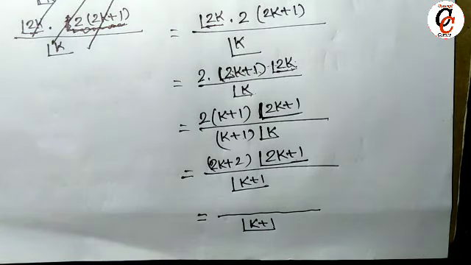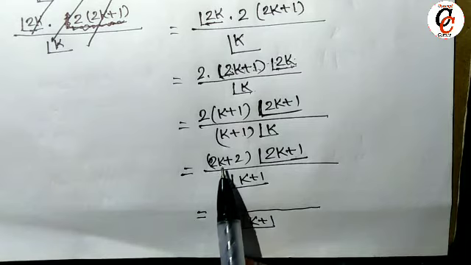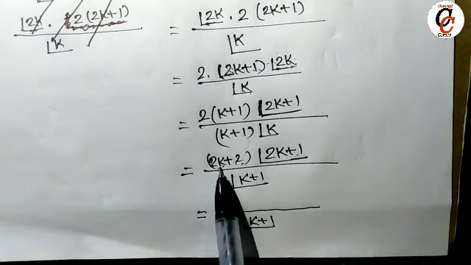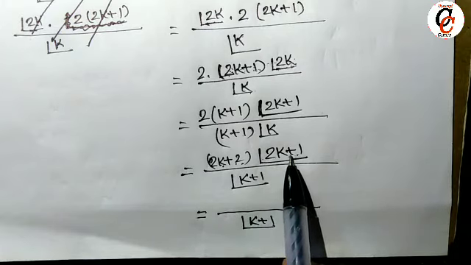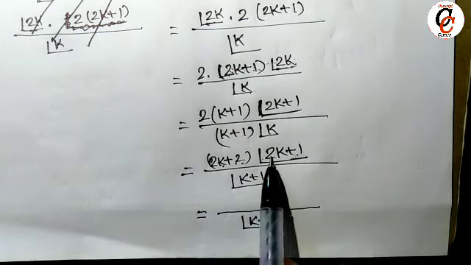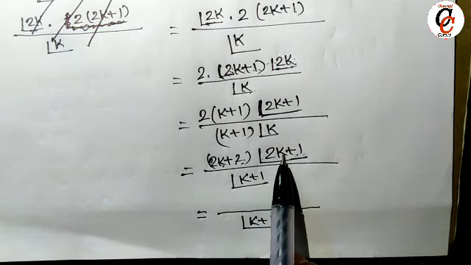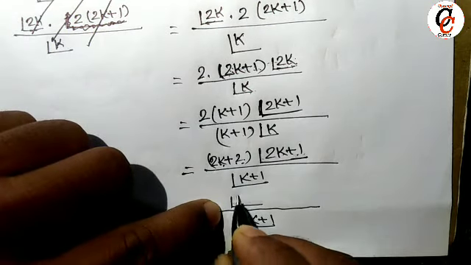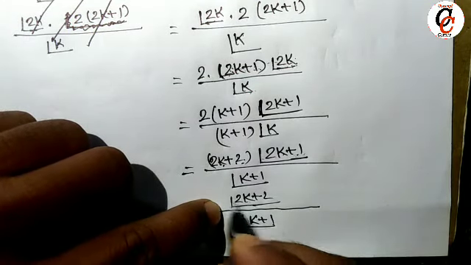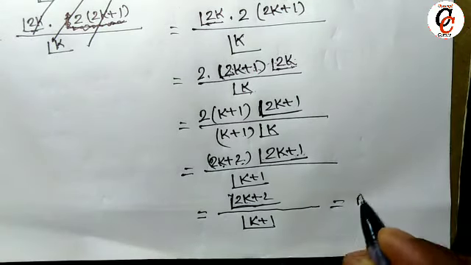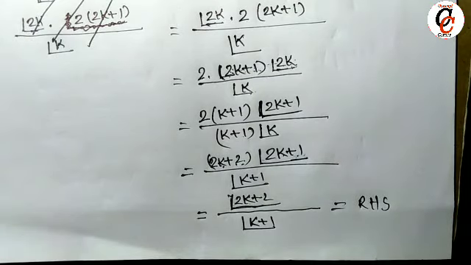Now the problem is with the numerator. Now see, in the numerator 2k plus 2 outside and 2k plus 1 inside the factorial sign. What does it mean? Here 2k plus 2 and 2k plus 1, that means 1 is less inside the factorial sign. What is this? This is nothing but factorial 2k plus 2. That's it. It is done. This is nothing but the right hand side. So the last line you will write.